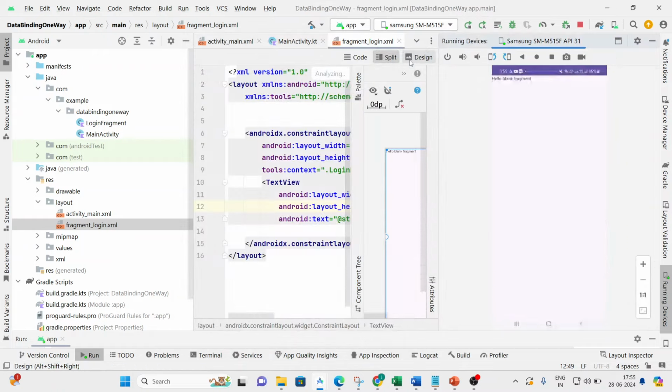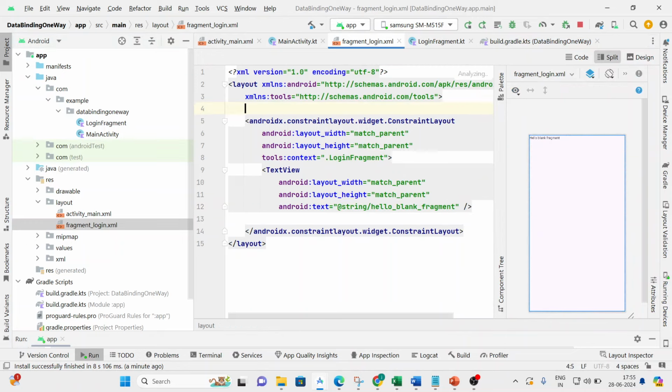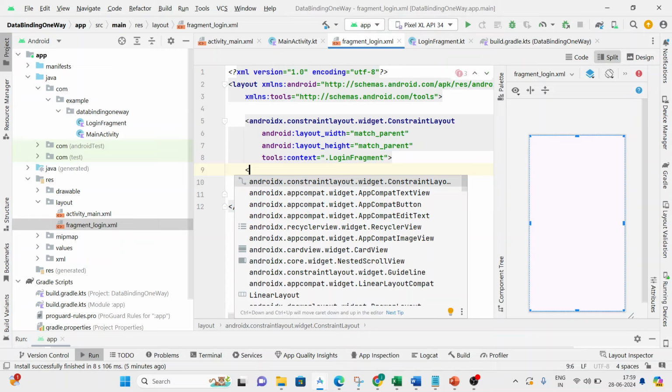Now create the design of the fragment. Here I will create two edit text and one button. Create one edit text. Remove the text view. I will pass the data from one fragment to another fragment by using the concept of data binding. And here I will create one edit text,